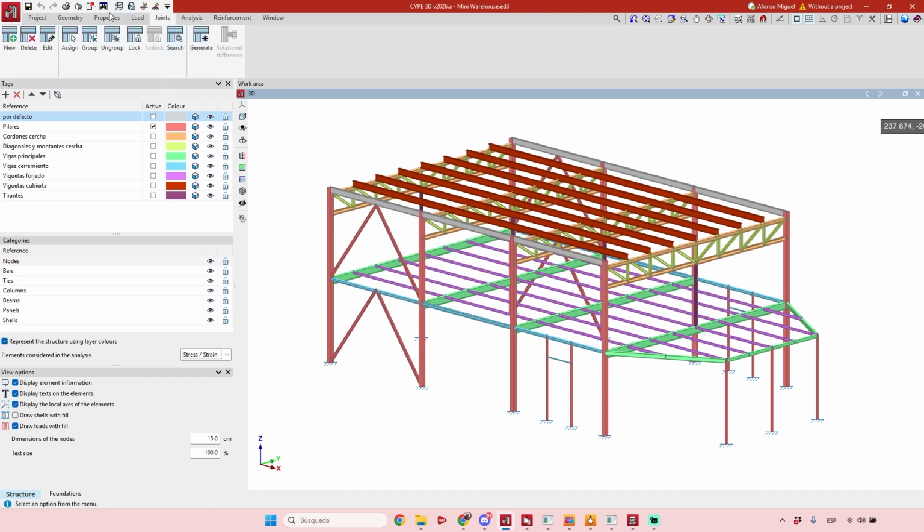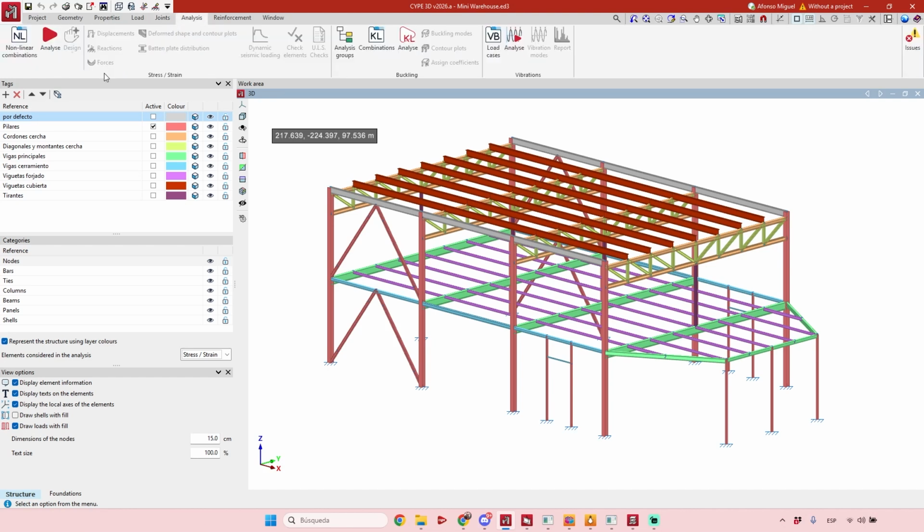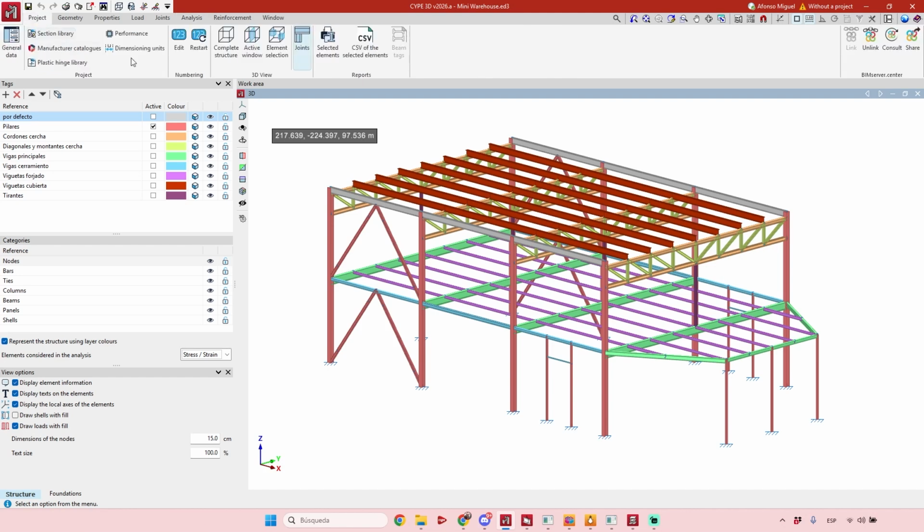Then we describe how the joints will be designed, and then we go to the analysis phase where we define if there are nonlinear combinations. We get results from stresses and strains, buckling analysis, and also vibration modal analysis that are now available in our software. Okay. Of course, we cannot cover everything today, but if you have been working with Cype 3D in the